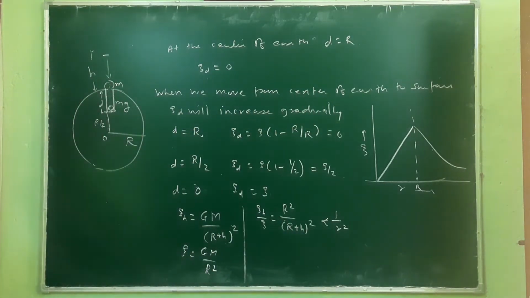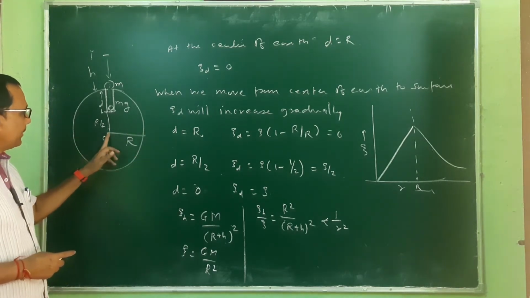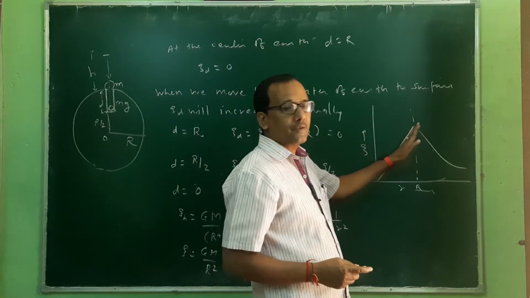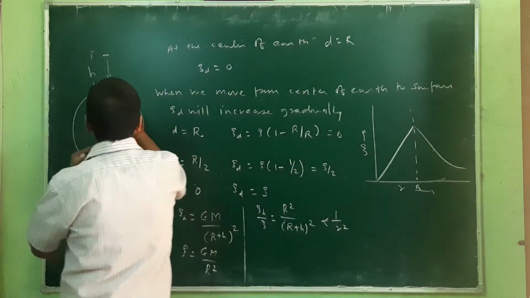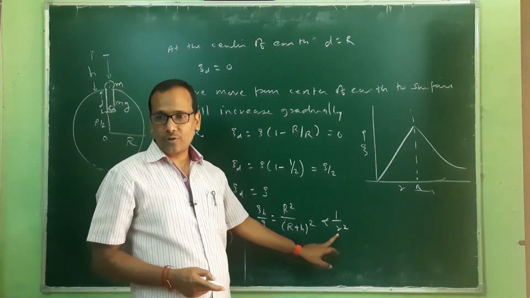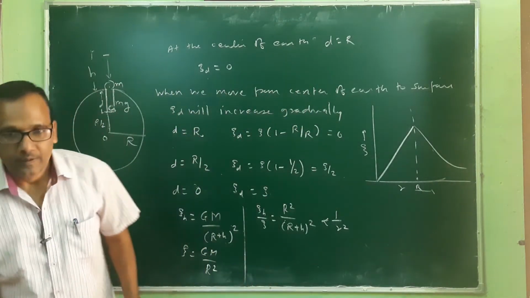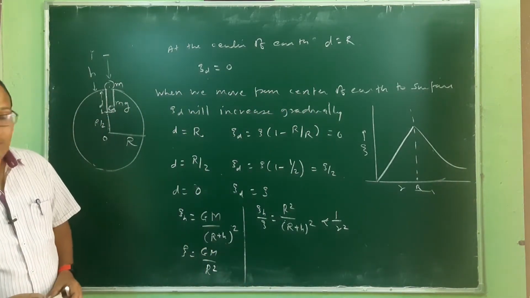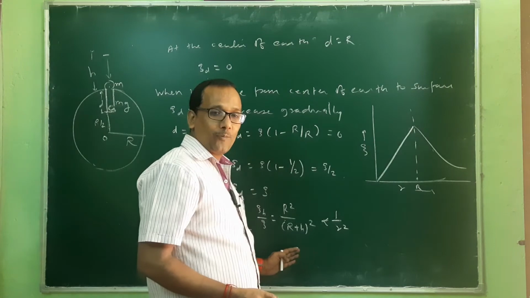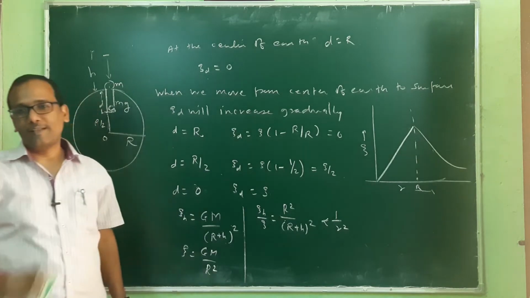So what we are observing using this plot: when we move from the center to the surface, the acceleration due to gravity increases, and when we further move from the surface up to a particular height, then it decreases. It is inversely proportional to r^2, so it decreases like this. So this is the plot between r and g. Will it not go to 0? Put in a value and check: at what particular value does r become infinite? When r is equivalent to infinite, then this g will be 0.